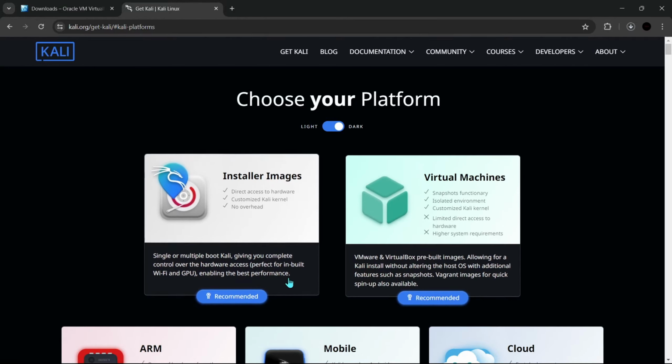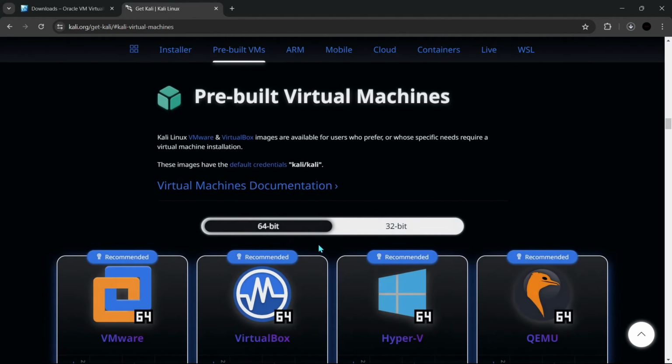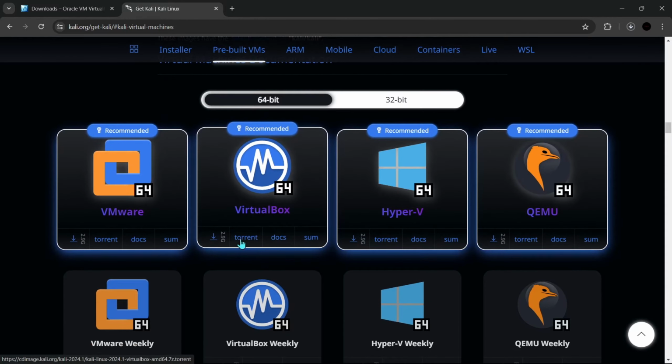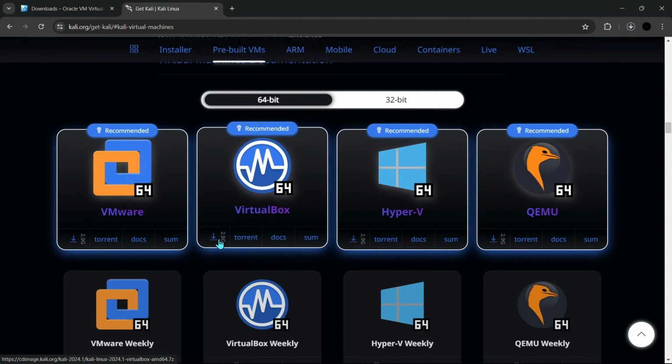This installer image is for complete offline installation of Kali Linux. You can set up Kali Linux manually with it. But for now, we are going to download the pre-built virtual machine. And in here, we have more options. VMware is another software like VirtualBox. You can download it and run Kali Linux through VMware software if you want. In here, we are going to download the VirtualBox